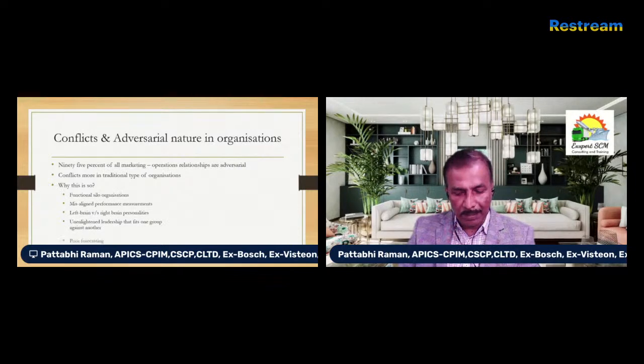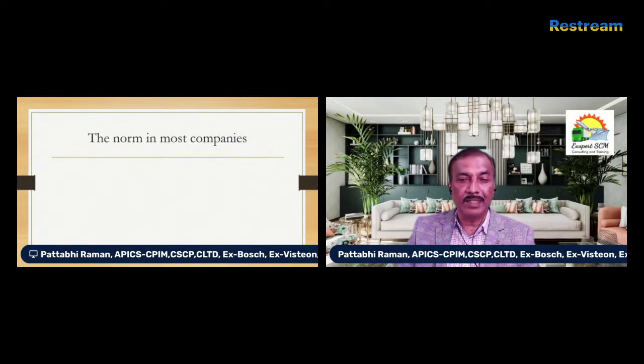These conflicts are there, and also organizations do not have better forecasting. They work with some scrap forecasting methods, and they will have a lot of problems in that case, and this leads to the norm in most companies. For example, they will have back orders, dissatisfied customers, and high inventory. This is one of the problems for supply chain management.